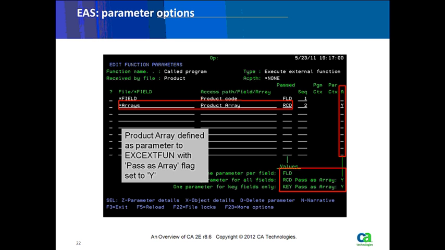The first one's just a field. It's the product code. It's the key here. It's a partial key. And the second one, you can see I've said, okay, I'm going to pass the product array based over the arrays file, pass it as a record, and then this section over here on the right-hand side, a little A, column header, mat, that's the functionality which, as you can see at the bottom, says, do you want to pass this as an array, i.e. not simply as a record structure, but as a full set of array elements as a result set.